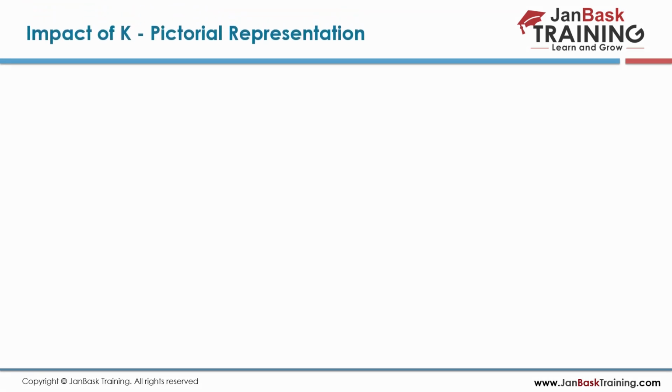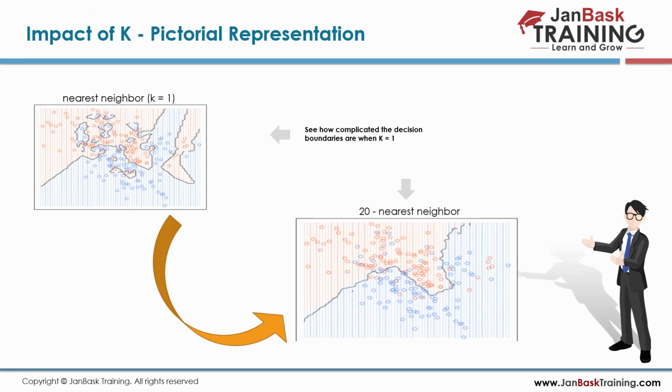So the nearest neighbor, k equal to 1. If you want to put it in a graph, the function will identify like this. You see here what we are trying to do: we are trying to separate the two classes. One is the red circle class, one is the blue circle class. This is your boundary.